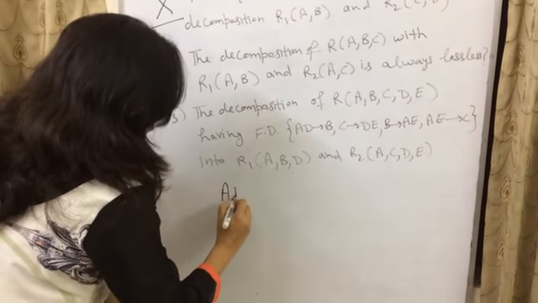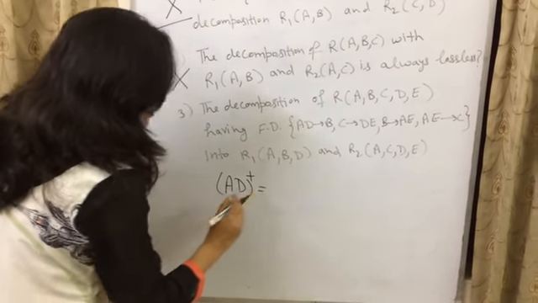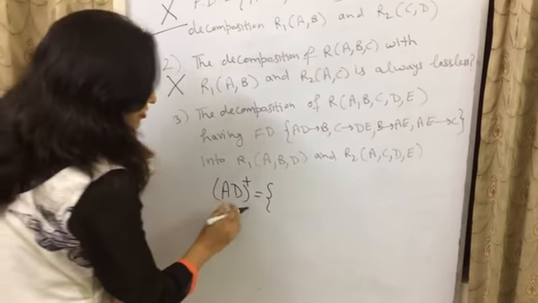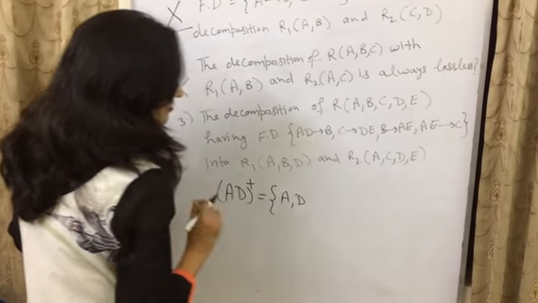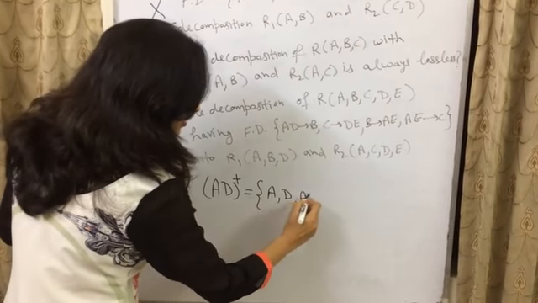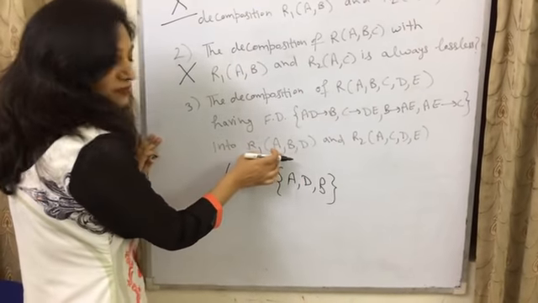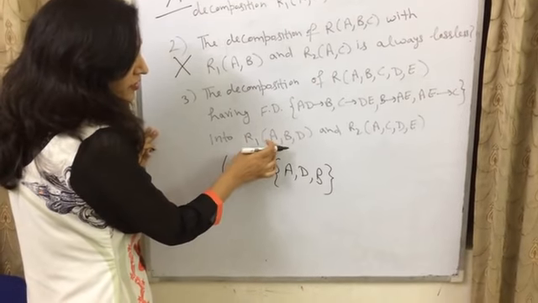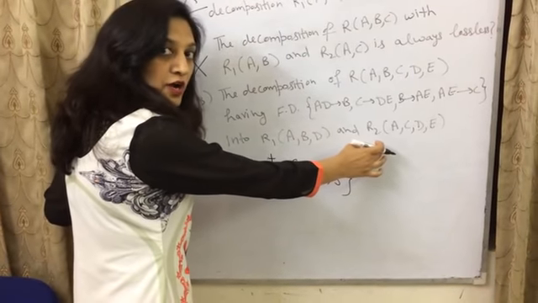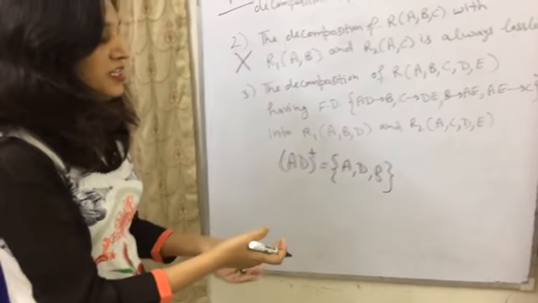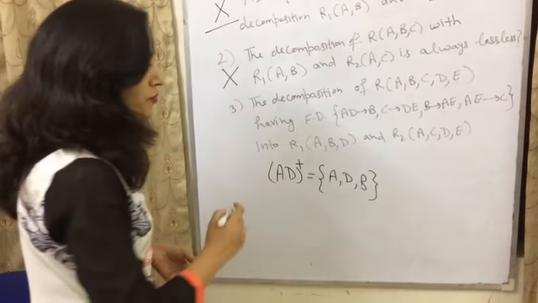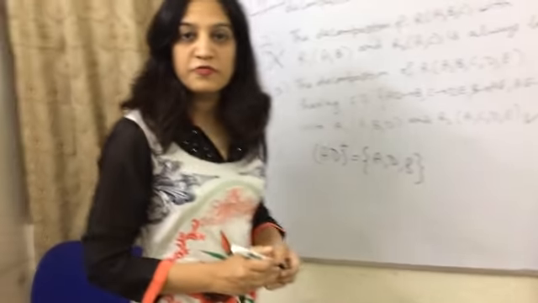So by taking the closure of AD, I will check whether AD is the primary key of R1 or R2, any of the relations. So it will give me AD. From the functional dependency, I know AD is there, so I can include B. So basically AD uniquely identifies all the attributes of R1. So AD is the primary key of R1. As AD is the primary key of R1, it is the foreign key in R2. So the common attributes AD are the combination of primary key and foreign key. So we can say that it satisfies the lossless join property. So this is true. That's it for today. Thanks for watching.